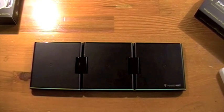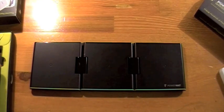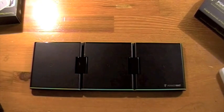Now, I have the receiver for the iPod Touch 2nd generation right here. Let me just take it out real quick. I don't want to make this review too long. Come out, you thing. Why won't it come out of its case? Oh, there we go. Okay. And you can easily...